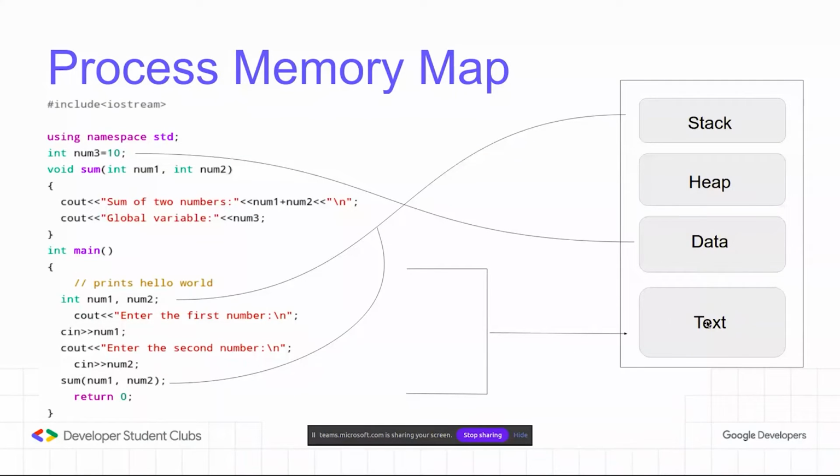The next section is the text section. The text section stores the data about different instructions, like the normal cout instructions, the cin input instructions, or the different statements such as the addition or subtraction that we are conducting. All this data is stored in the text section. One more thing I would like to add is that in the stack section, other than variable declarations, we also store function calls. So if we go into the complete code, the stack section will contain the integers num1 and num2 and this function call as well.